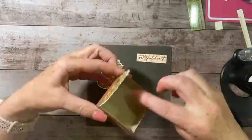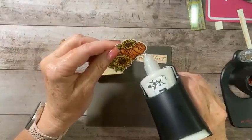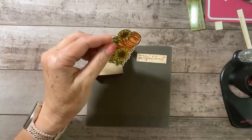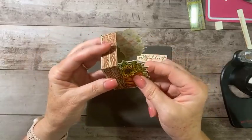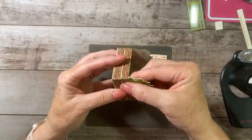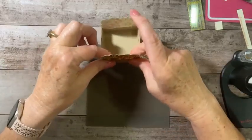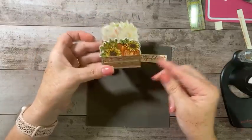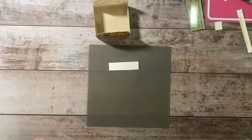Okay, and then I'm going to turn it 180. I'm going to repeat that process. Okay, these would make a great fall wedding favor too for the table. Maybe you're doing a fall bridal shower or something. There we go. So now we've got that. Now what we have left to do